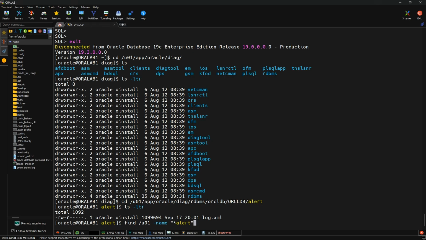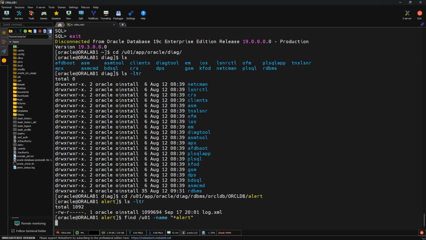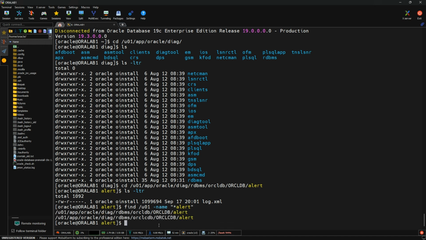So all the information within U01 starting with alert, it will show you. So it is showing only the location of the alert